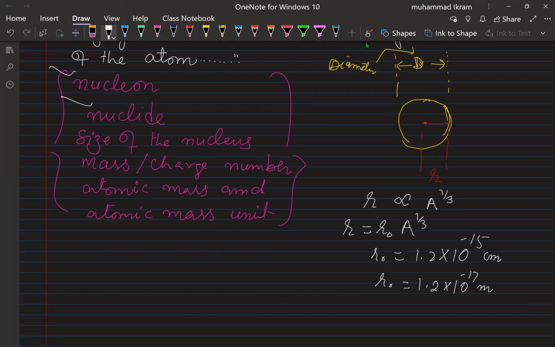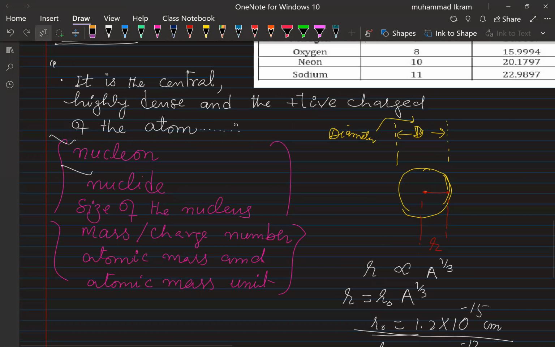Now if I just use hydrogen, then it could be this one. So this is extremely small, but as I told, it is central. Why? Because it occupies the core place. For example, matter is made of molecules, then atoms, and then the nucleus, where a molecule is a group of atoms. An atom consists of the nucleus and orbiting electron or electrons, while the nucleus is central. So it occupies the core place, and it is highly dense.